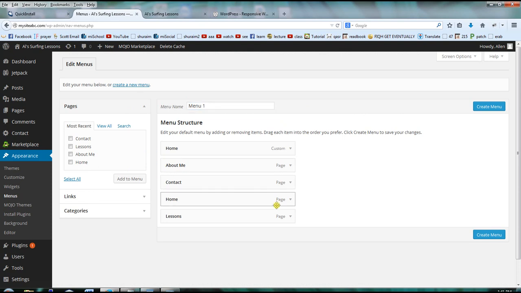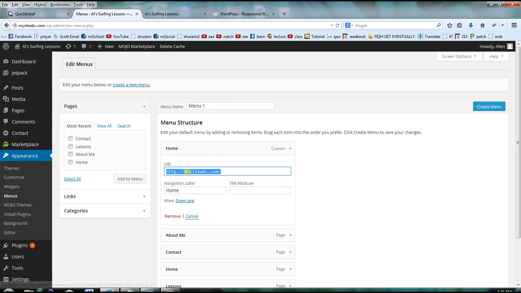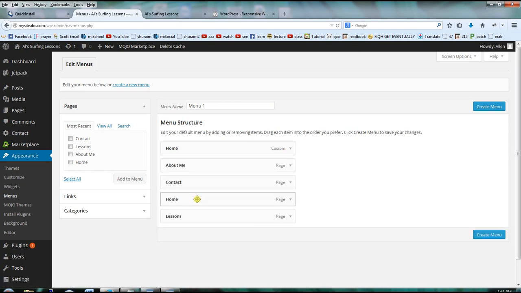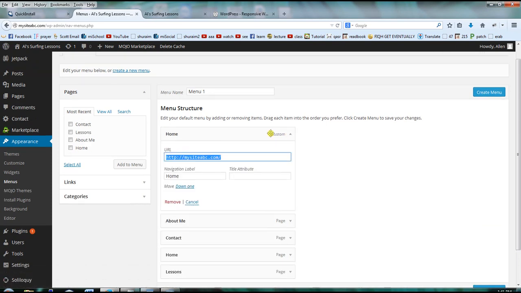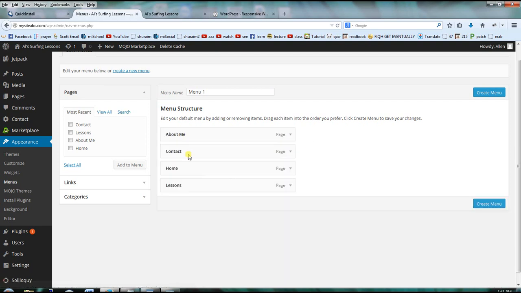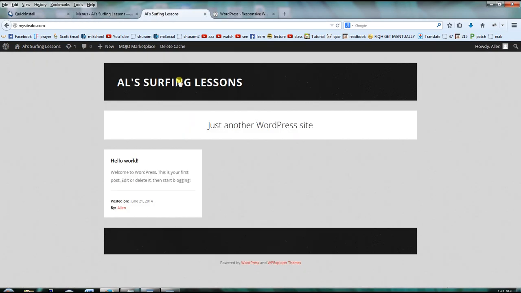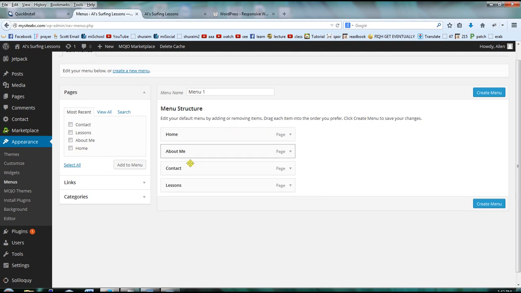So you'll see here, they all say page, page, page, but here it says custom. Why? Because they're the ones who have it already set up, and they have it as this URL, which goes straight to your domain name. But actually, I want to have a page that I will be using for my home page. So I'm going to go ahead and just delete the one they have. So delete the one that says custom. Click on the arrow, and then over here, just click on remove. And now we're going to order them the way we want, because when the menu displays, it's going to be in the order from up to down, from left to right over here. So I'm going to have the home first, and then about me, and then lessons after that, and then contact in the end. Click on create menu,